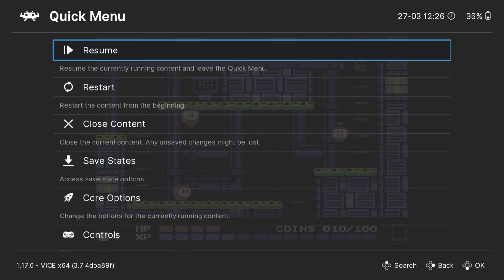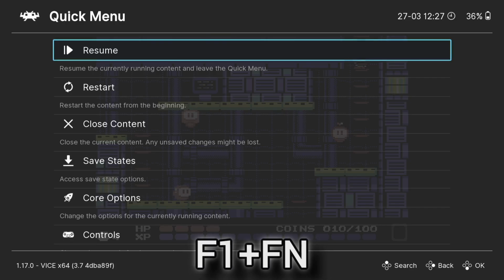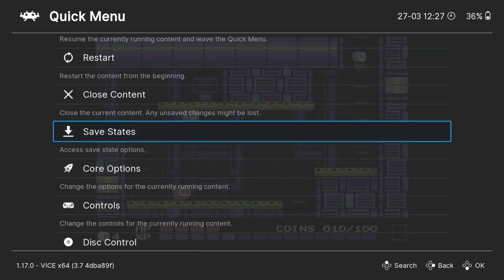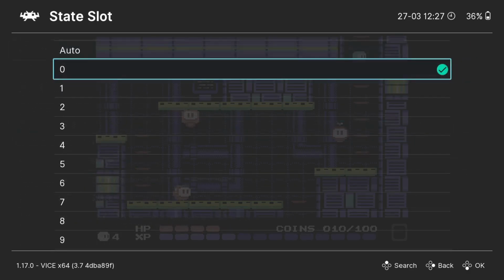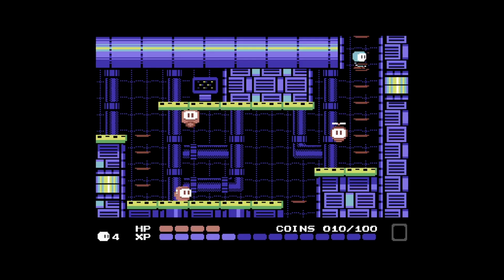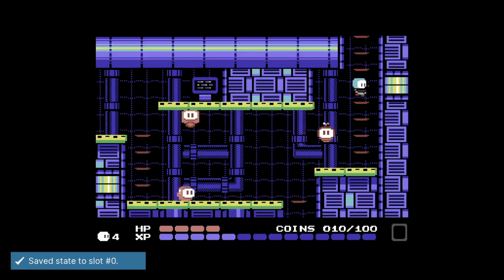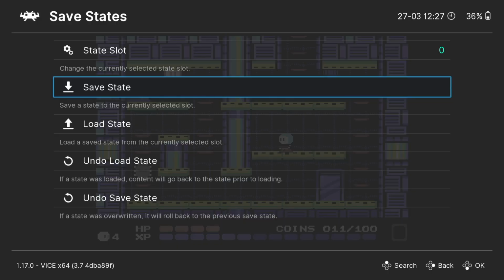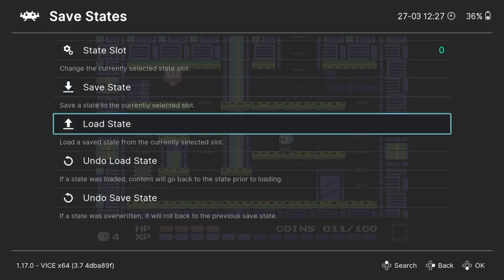Now we're inside of Retroarch and we can actually use the quick menu to do things. To do this, I've pressed the F1 key as well as the FN button on my keyboard to access the quick menu. Just very briefly, we can save states using Retroarch quick menu. If I just drop down to save states and press A on this, and state slot, I'm going to leave this to 0. There's 1,000 different slots we can save to. If I go to save state, and if I go back into the quick menu and load state,